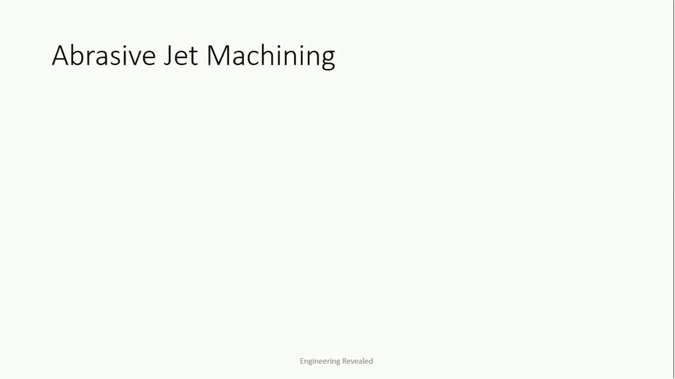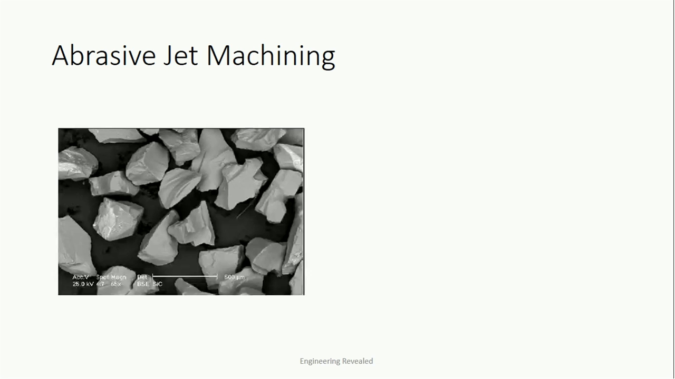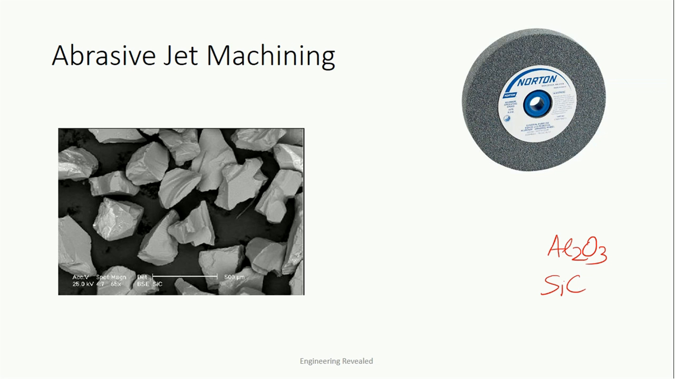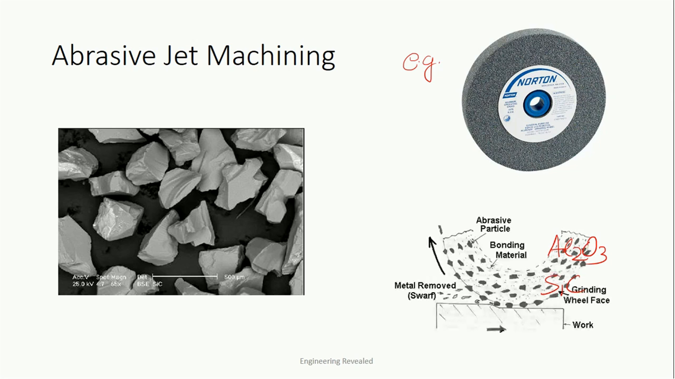Prior to that, we should know what is abrasive particle. Abrasive particles are very tiny particles. This is normally made of Al2O3, silicon carbide are a few examples of the abrasive particle. And we have already observed it, everybody. It is common. One example is the grinding wheel, which contains very small particles. You can observe that very small particles are just bonded with some bonding material, and it is used